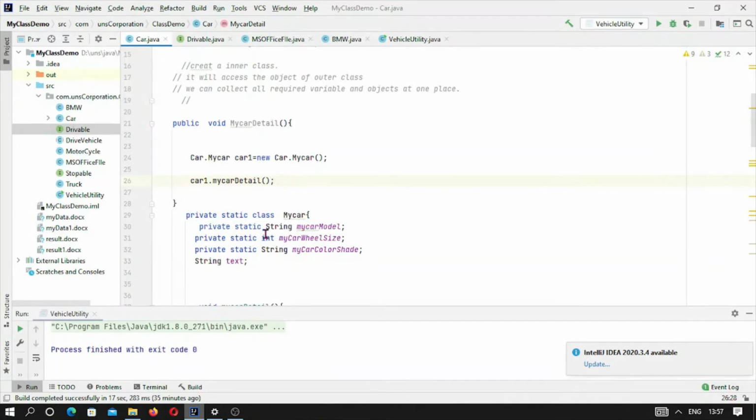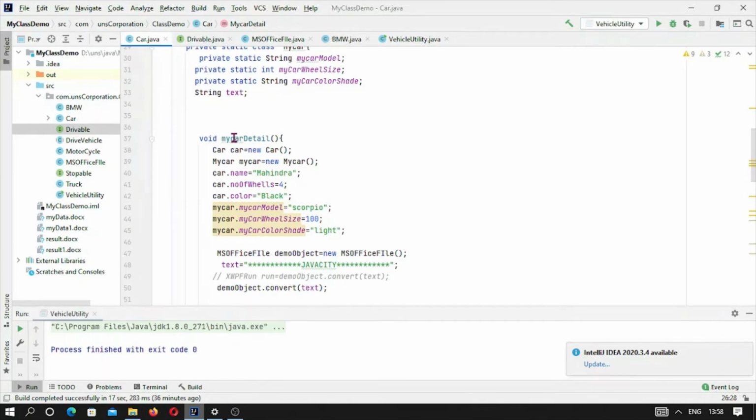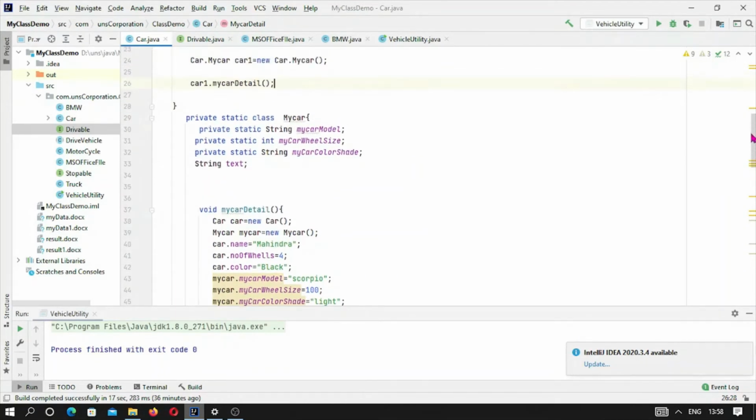This is private static my car model, private static car wheel size, private static string my car color shade. Now this is an instance method of the inner class. As we have studied, a static class may have static or non-static members. So the fields are static but the method is non-static.